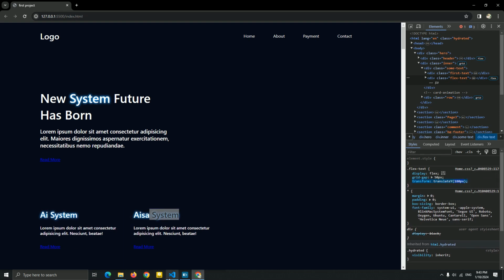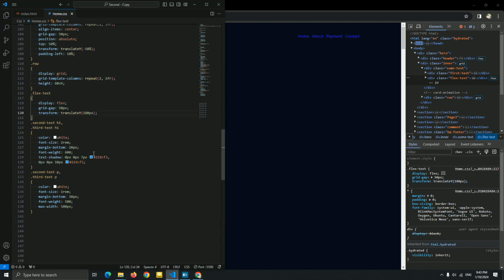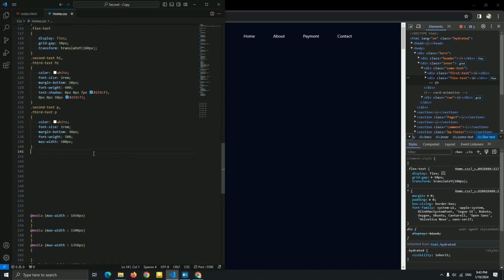Just copy this and paste it instead of this. Very good. Next one, just like I said, now let's go to the style of this A link. So for this A link, first text A, copy this, paste it. Oh god. Second text, third text.